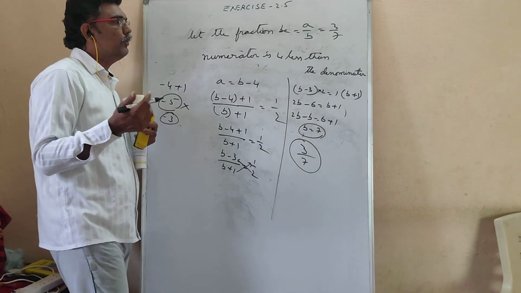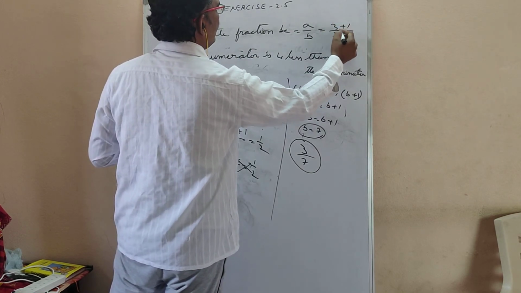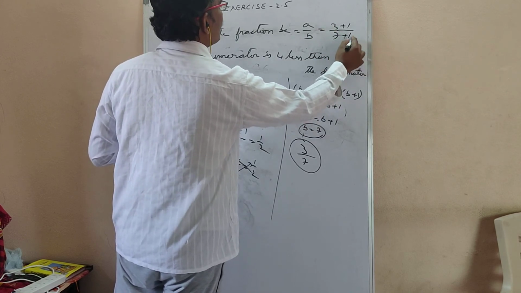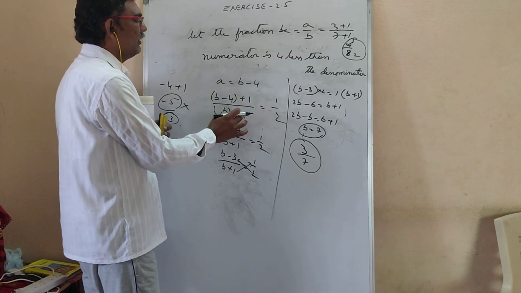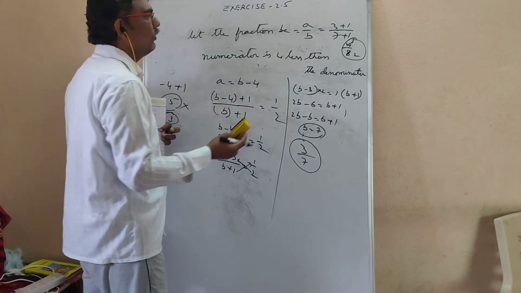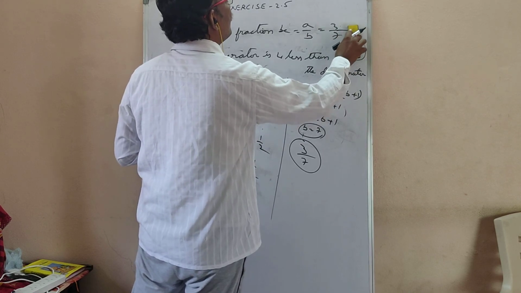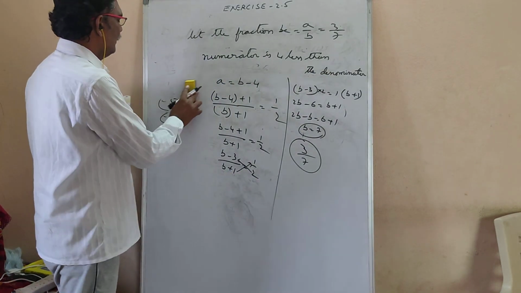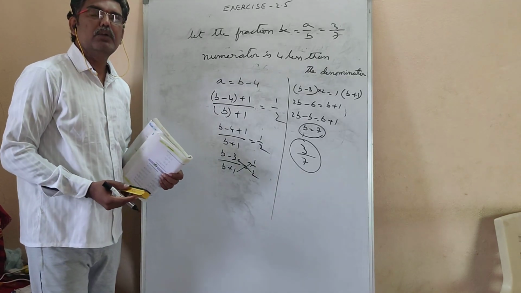Is it right or wrong? To check, what you have to do? Add 1 to both the numerator and denominator. You are getting 4 by 8. 4 by 8 means 4 ones are 4, 4 twos are 8, so you get 1 by 2. For the numerator and denominator, if you add 1, then the fraction is equal to 1 by 2. You got the same, right? So we did the verification also. You can verify the problems while you are writing the exam. Okay. The remaining problems, whatever you know, you do it, and we will meet in the next class.